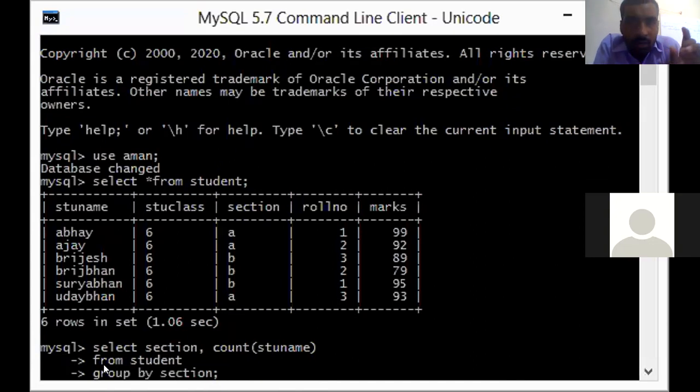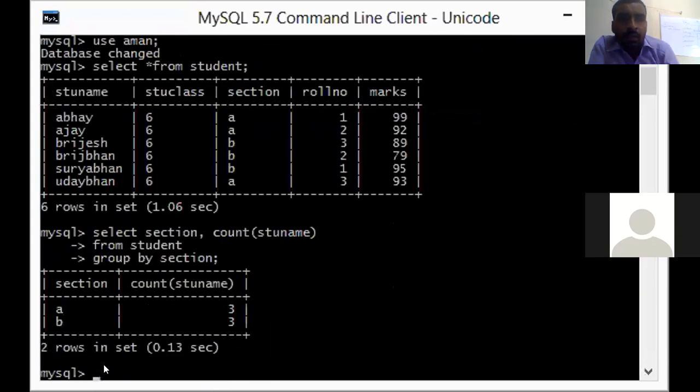Now you see the grouping will be done on the basis of section, and then counting of student name will be done, meaning how many students are there in each group. Now you can see two groups have been created. Section was a field having matching values, so we have created two groups, A and B. In each group the students are counted: 3 students in A group and 3 students in B group. This is the method to create a group.